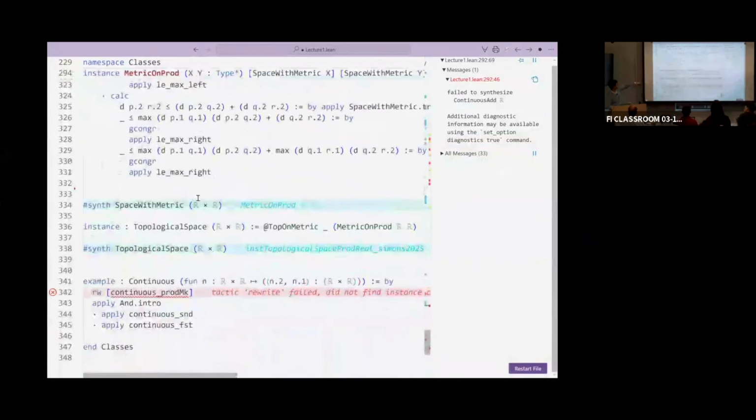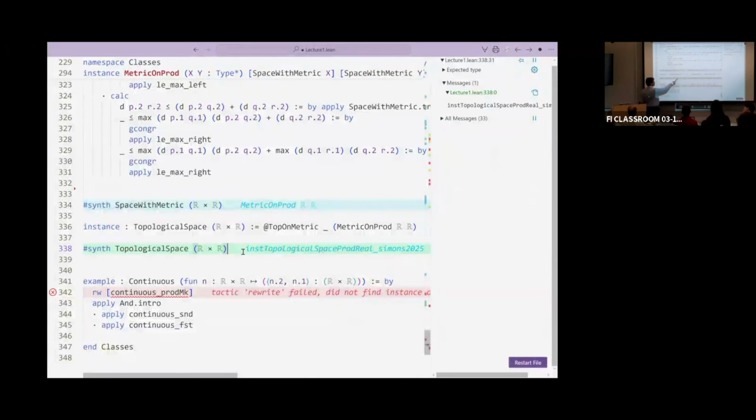And therefore, in particular, you end up with two different topological space structures on R times R. One is the usual one, that comes from the product of topological spaces, and the other one comes through the path: R is a space with metric, then R times R is a space with metric because I've defined a metric structure on the product of two spaces that have this property. And now since R times R is a space with metric, I have a construction that constructs a topological space structure on it.